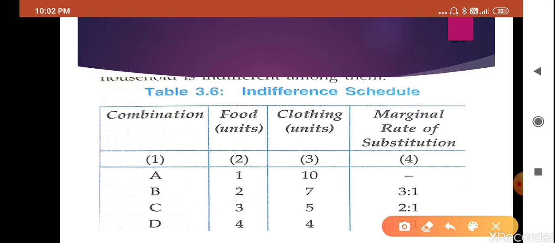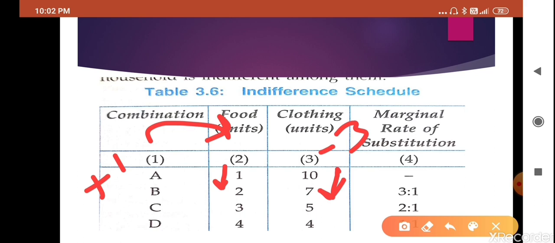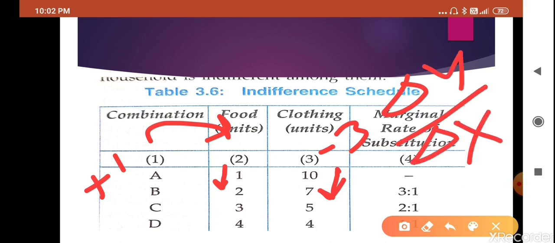But while we are going for an additional unit, we are moving from 1 to 2, means you have increased plus 1 in commodity X. So what will happen? Then you have decreased 3, minus 3 in clothing. So see here, MRS you can understand as delta Y upon delta X. So MRS is delta Y upon delta X. So the ratio of Y to X is known as MRS. So here 3 quantity of commodity Y, or clothing, he has sacrificed to increase 1 quantity of commodity X.